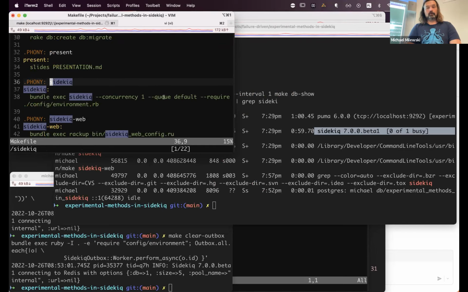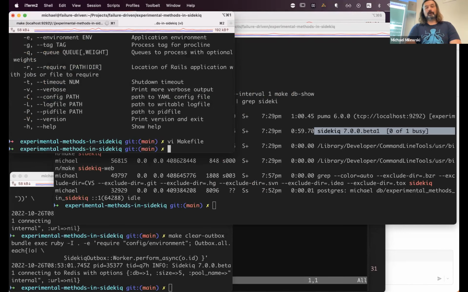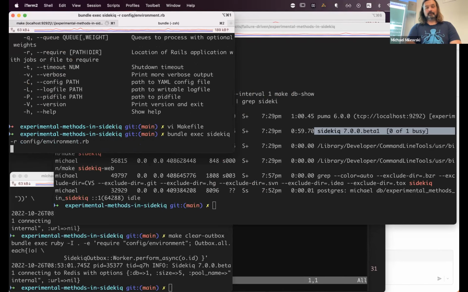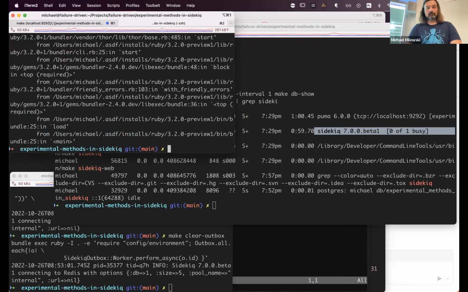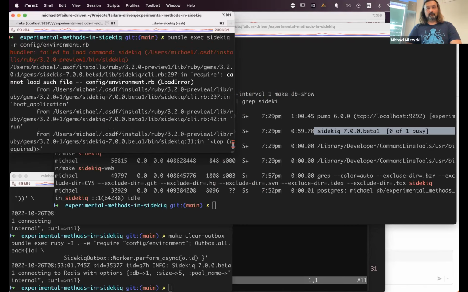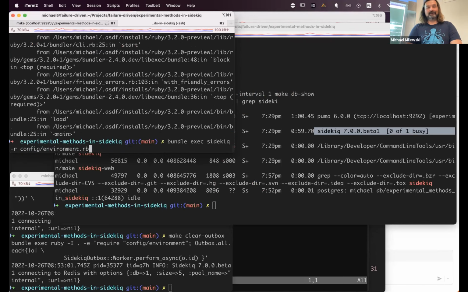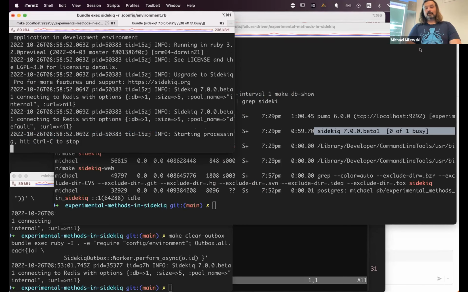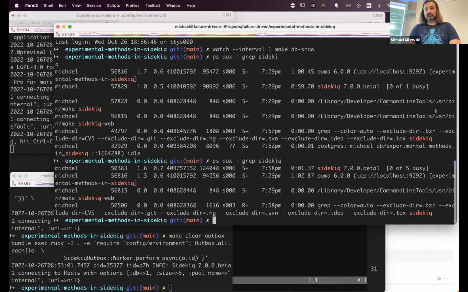All right, this has to require something rubbish. Minus R config environment. No, something like that. Load error. Oh, it has to have a dot slash. Thanks, Sidekiq. So now, if I did this again,